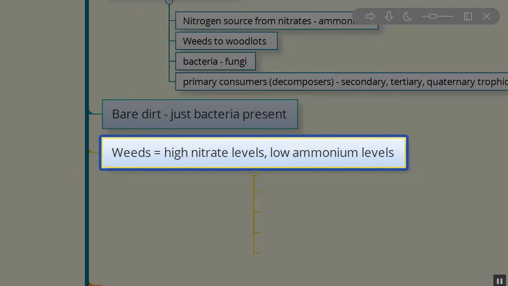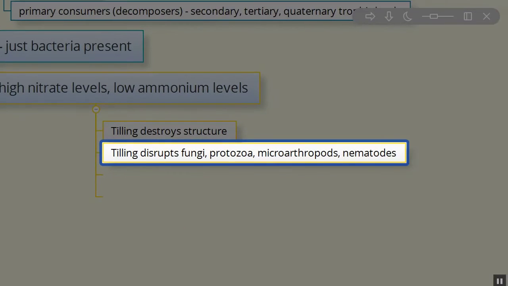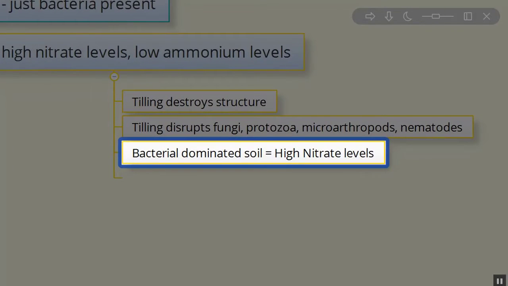So weeds require high nitrate levels and very low ammonium levels. Whenever we plow or till the soil, we're destroying structure, disrupting the fungi, the protozoa, the microarthropods, and the nematodes. And so what we're doing is setting the stage for bacterial-dominated soil and therefore high nitrate